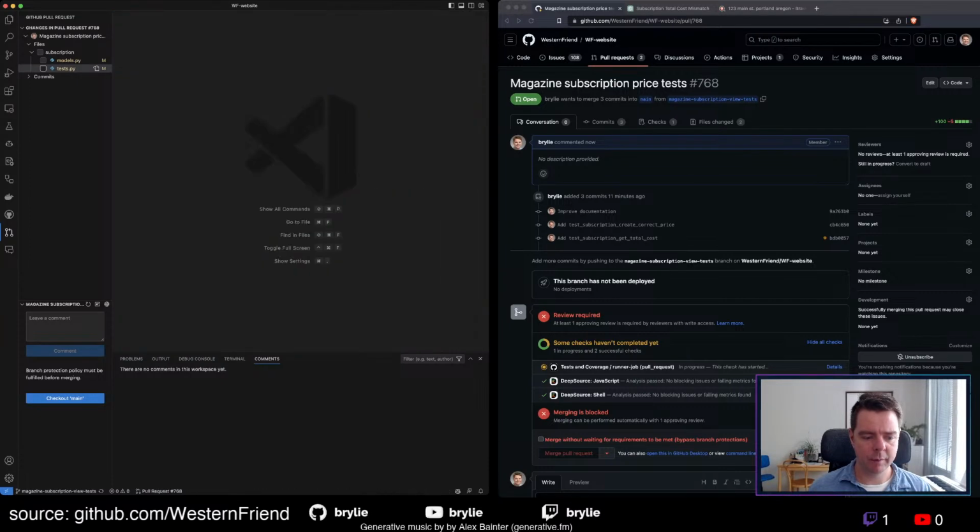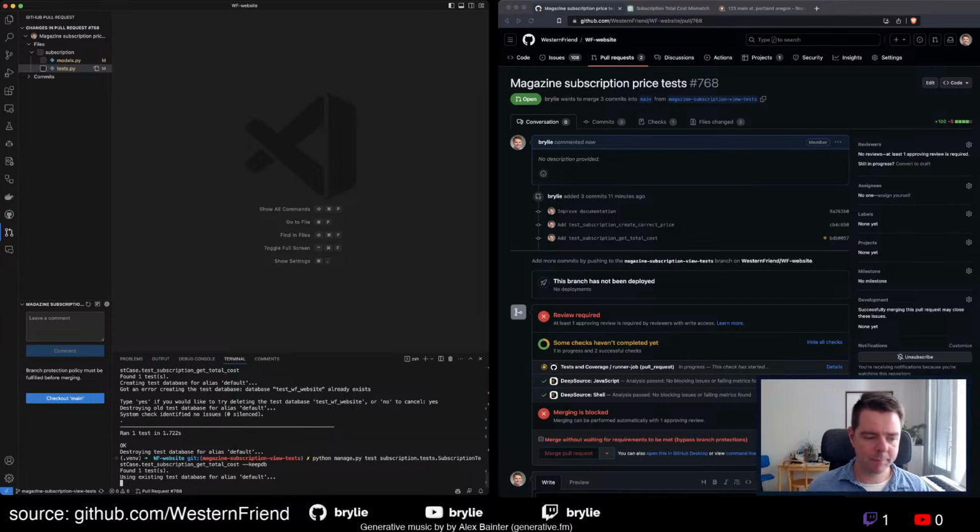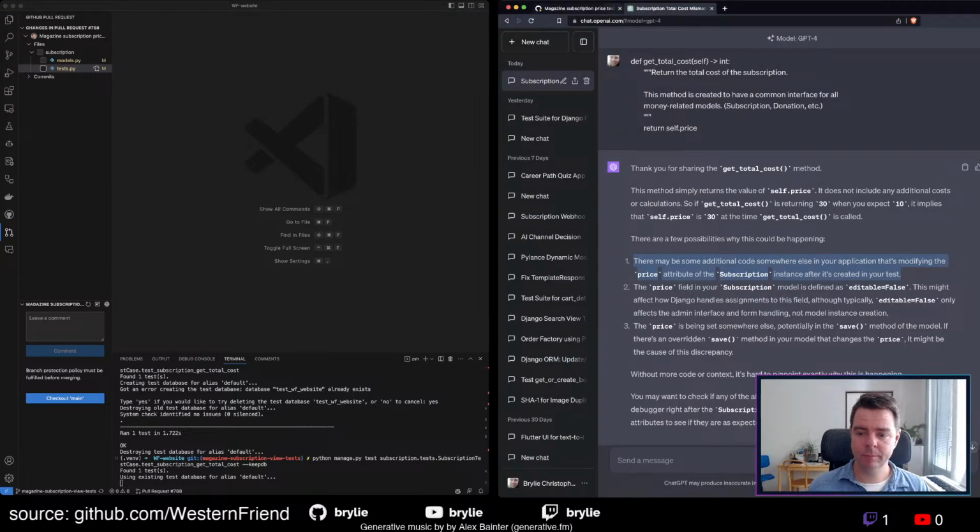And we'll check our terminal real quick. It's still running. So yeah, GPT helped here to just give me more certainty that the price shouldn't be mutated, and it turned out I needed to look more closely into the code, and on save we were in fact mutating the price. It's a calculated price based on the values of